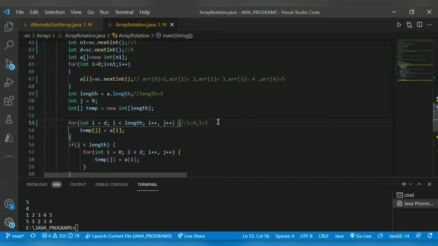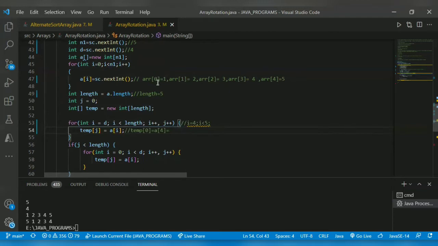Then I increment. Then temp of j equal to a of i, which is temp of 0. J is 0, right? Initially, j is 0. So temp of 0 equal to a of 4.